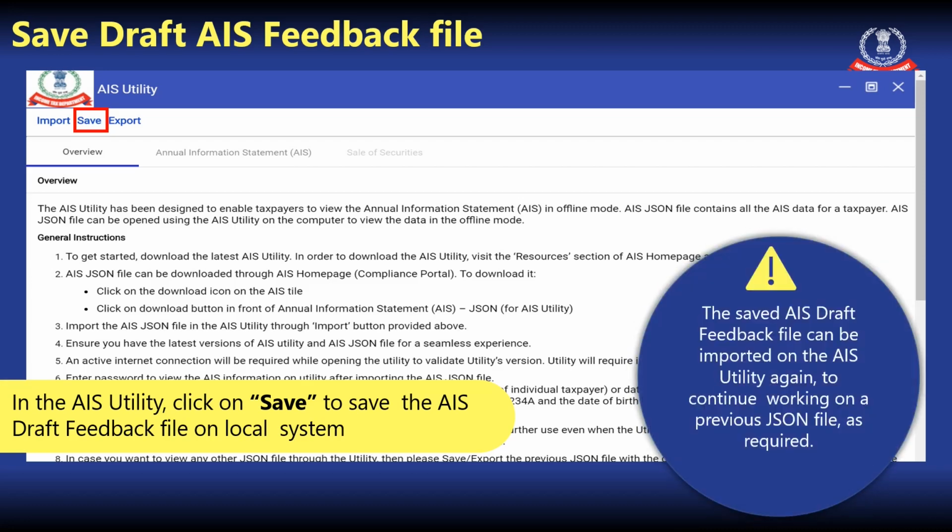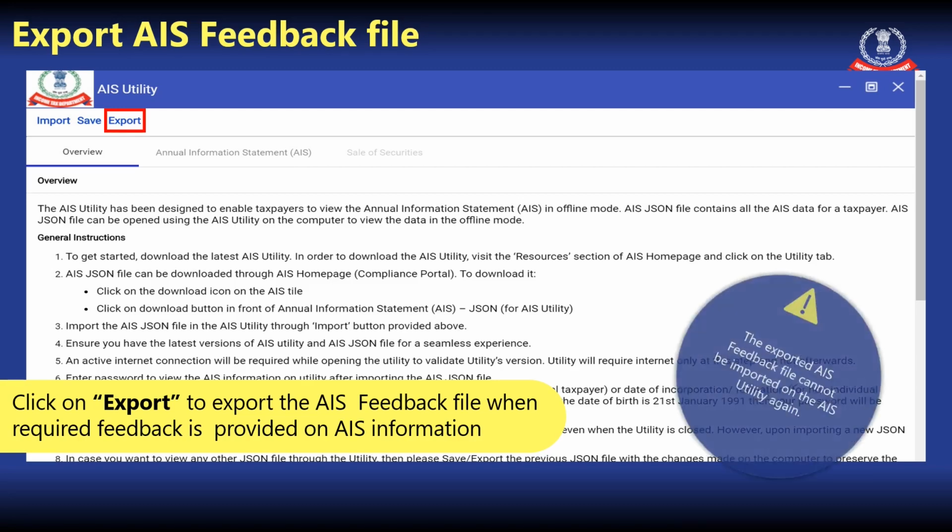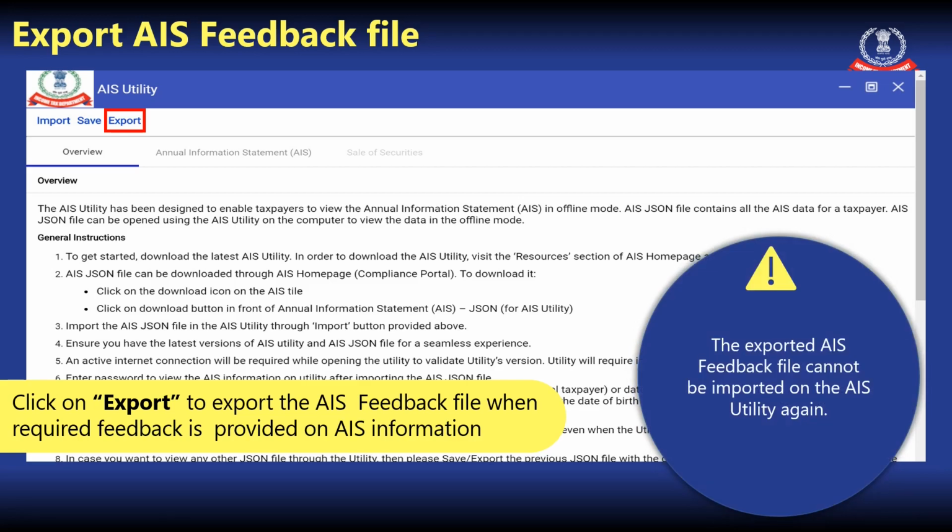The saved AIS draft feedback file can be imported on the AIS utility again to continue working on the previous JSON file as required. After saving the file, you need to click on Export to export the AIS feedback file when the required feedback is provided on AIS information. The exported AIS feedback file cannot be imported on the AIS utility again.